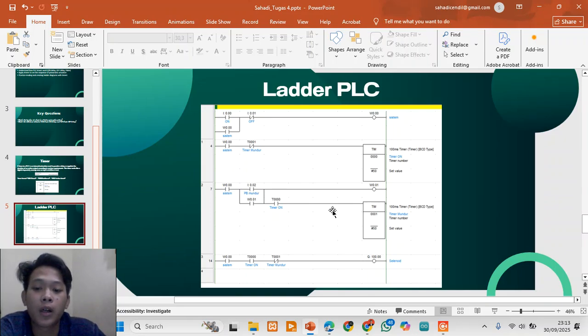We have a start push button, normally open, and a stop or off button, normally closed.